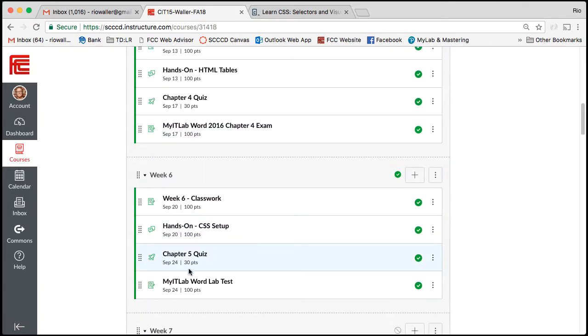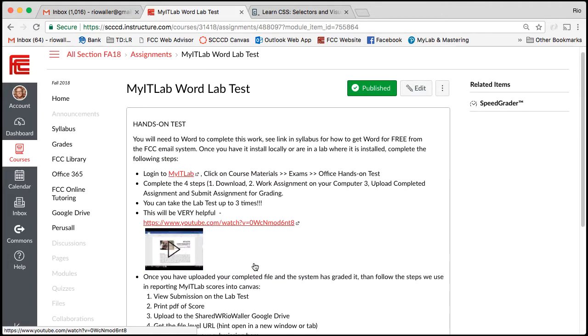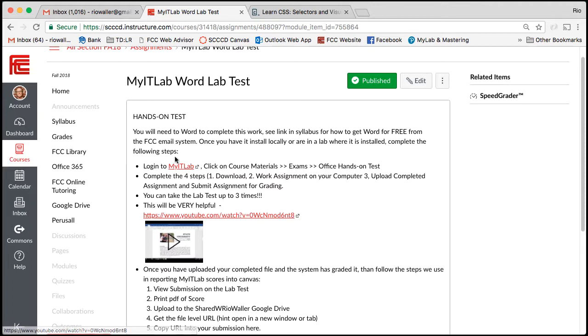Which means we're moving on to our first lab test. If you click into here, like I said, in week 5 you're going to learn how lab tests work. What you do is the work by going into my IT lab. You download some stuff, and this again talks about it in the video. Then you do the work, and it's going to give you a series of steps that you have to do. When you're ready, you submit the file back into my IT lab,